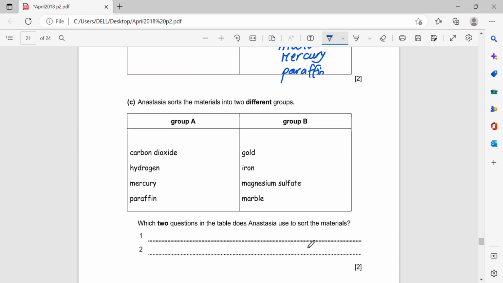C. Anastasia sorts the materials into two different groups, group A and group B. In group A she put carbon dioxide, hydrogen, mercury, paraffin. In group B we put gold, iron, magnesium sulfate and marble. If we look at this, what does the question say? Which two questions in the table does Anastasia use to sort the